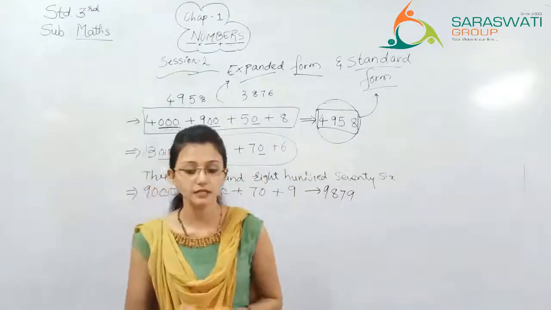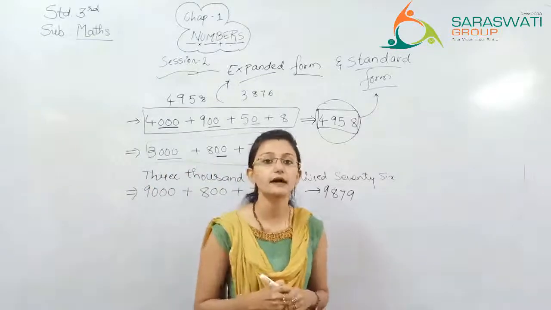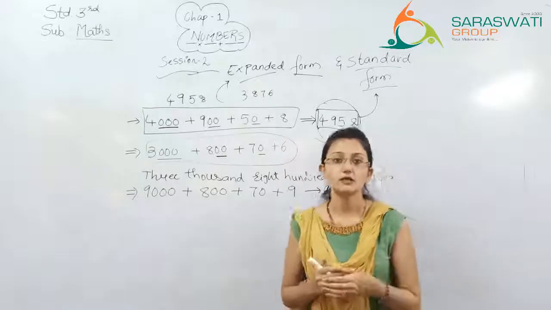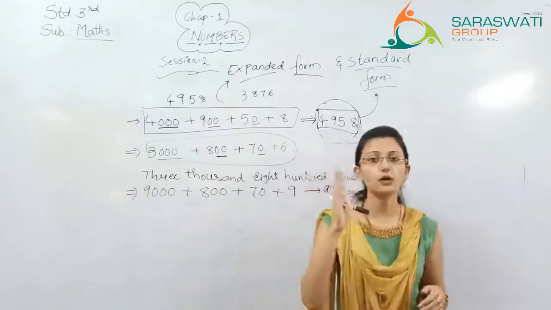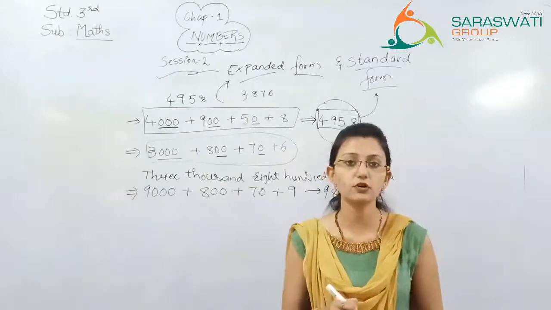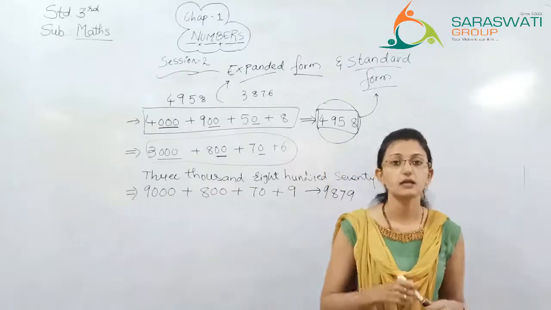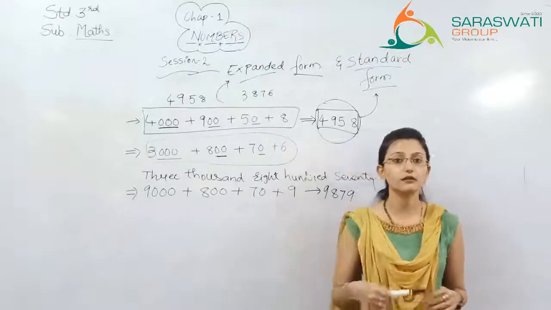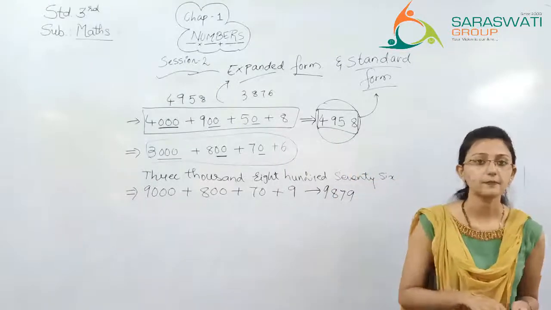Question number 3 is write the number names and their numbers. In this question, you are given the abacus, and in that abacus, you have to count the beads and write numbers accordingly. So you have to complete this whole exercise in your classwork book as well as your textbook so that you can refer to it very quickly.